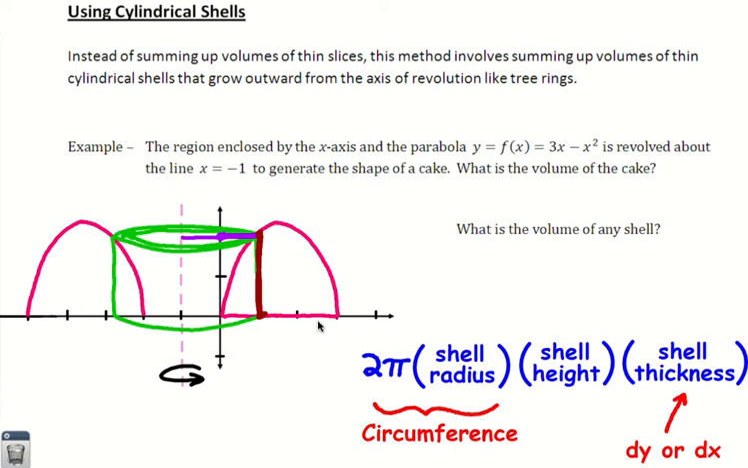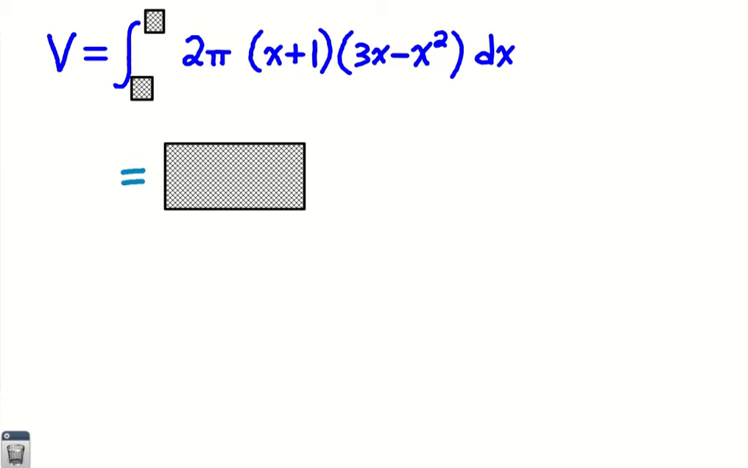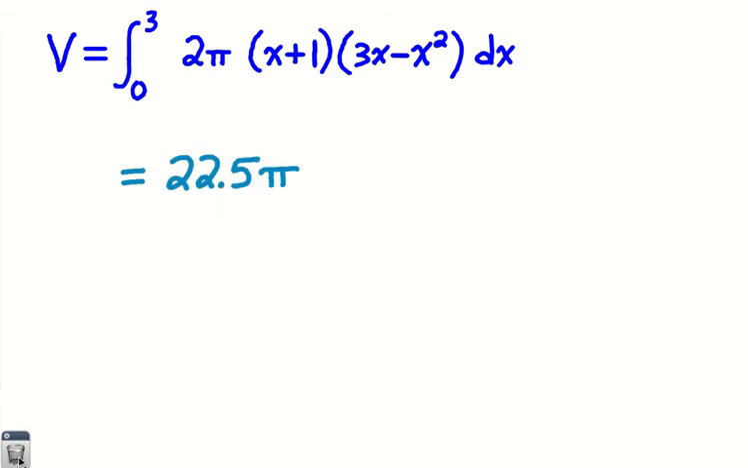So we're going to be integrating from 0 to 3, it looks like, which is from the first shell to the last shell. And again, those need to be x values. And now you're ready just to throw this into your calculator and get exactly 22.5 pi, I believe. Feel free to fact check me on that, but